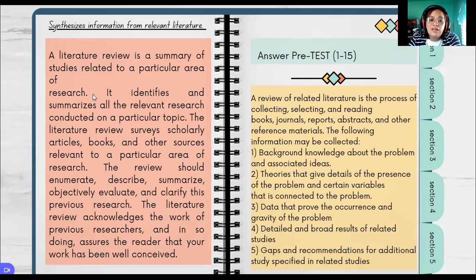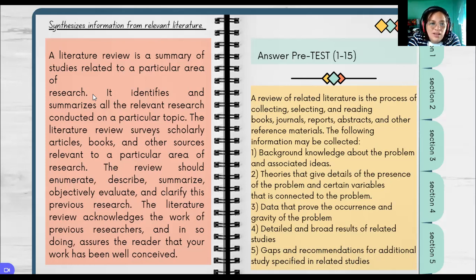And so you will have to find similar research studies that would give you an idea of these relevant researches. The literature review surveys scholarly articles, books, and other sources relevant to a particular area of research. You have the library to provide you some books or articles also, but also you can make use of the web, Google Scholar and the like, or research journals, so that you can get a better view of related literatures of the different topics that you have selected